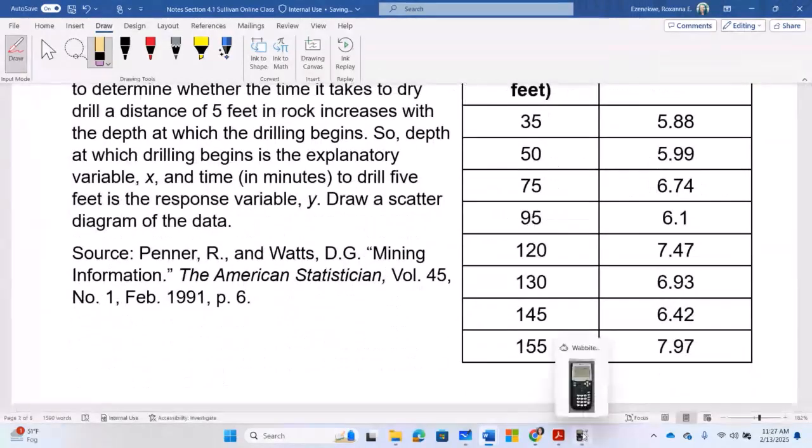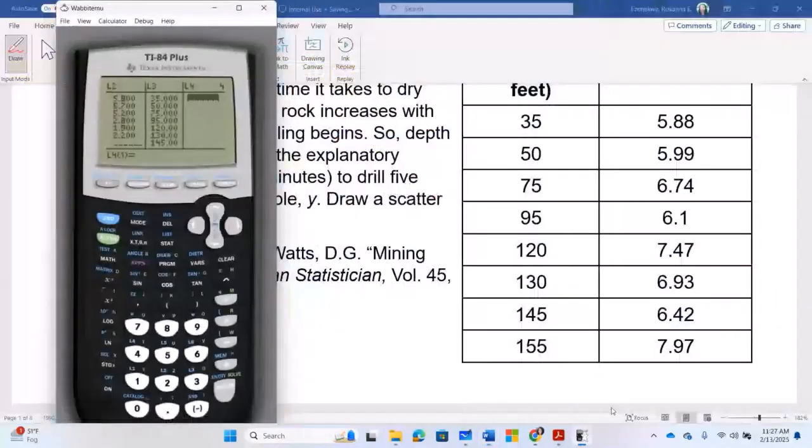Starting from the first one, the first response variable is 5.88. Second is 5.99, 6.74, 6.1, 7.47, 6.93, 6.42, 7.97,